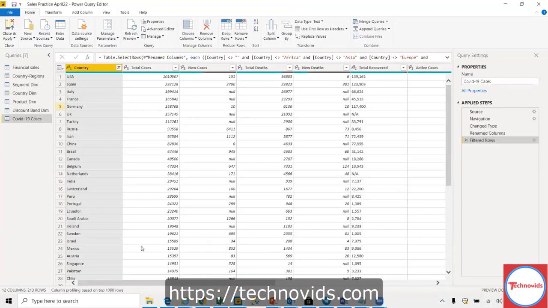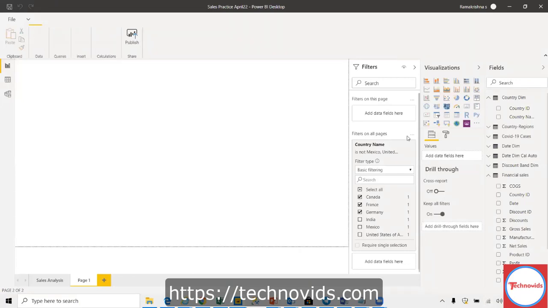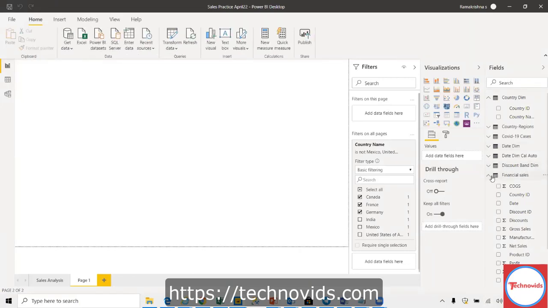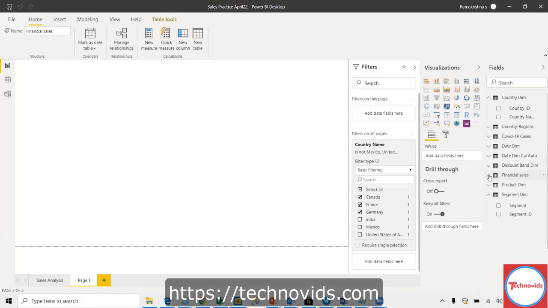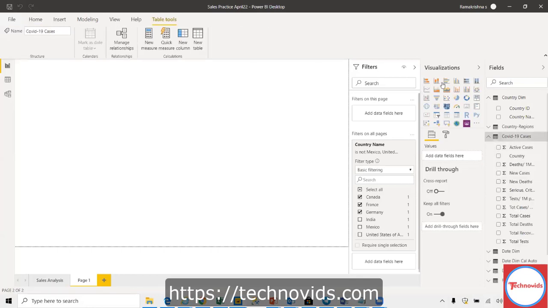Let's come back to the discussion point, which is COVID. So once you are good with this, the same thing is what we do here. I want to understand by country: how many cases are there, how many active cases, or how many deaths, something like that. For that, again, same thing. So probably let us just go to the active case part.